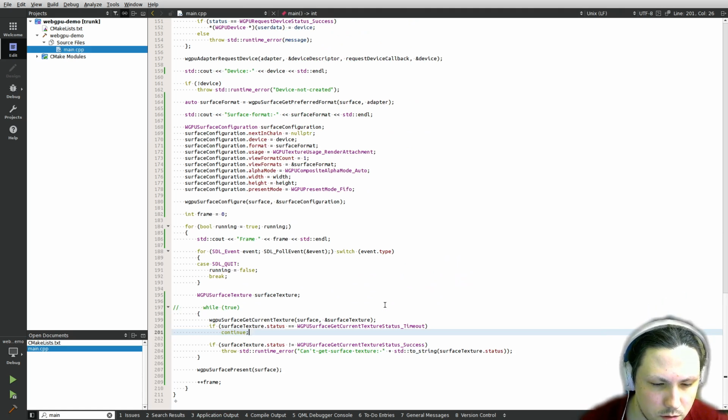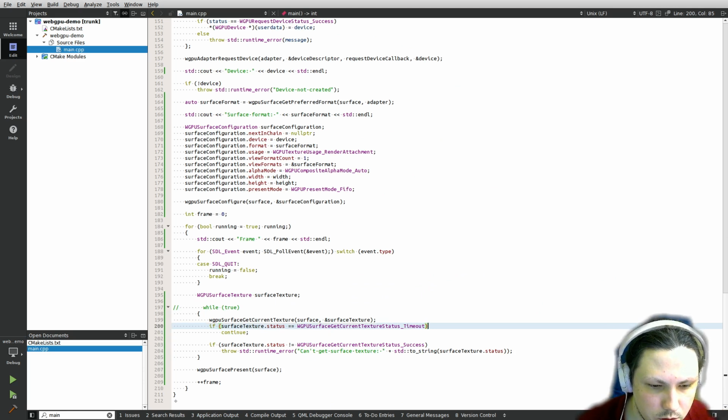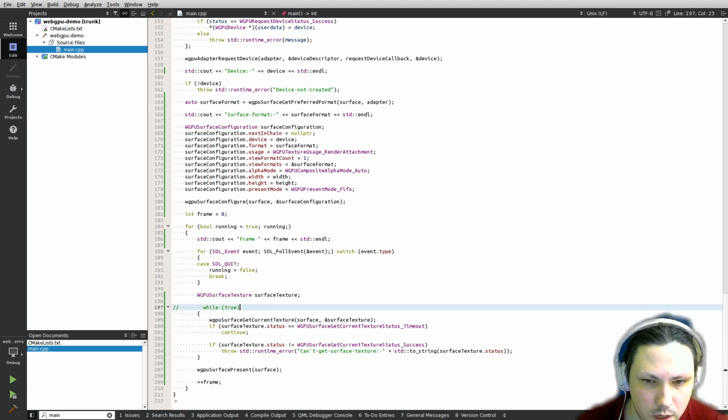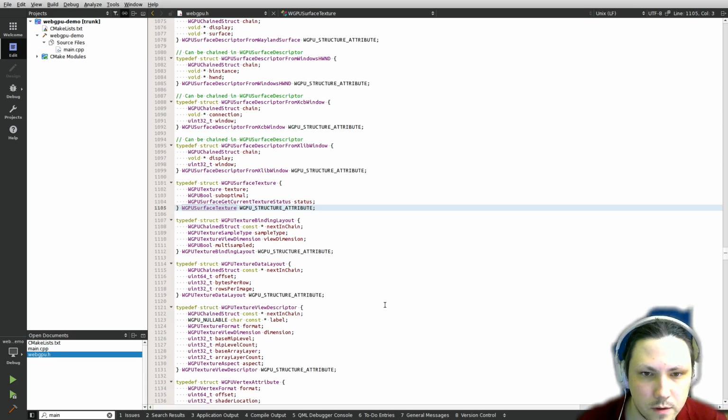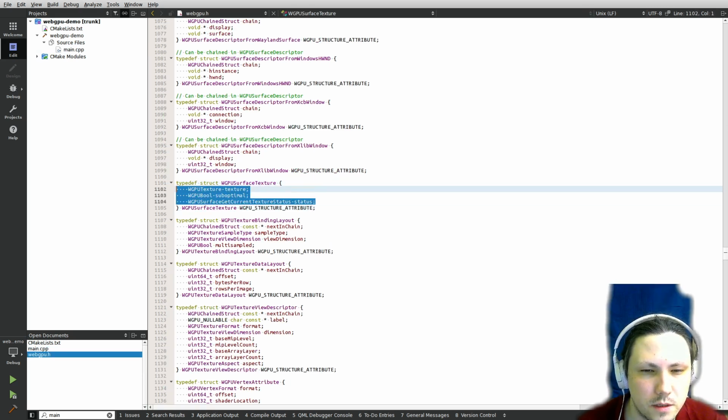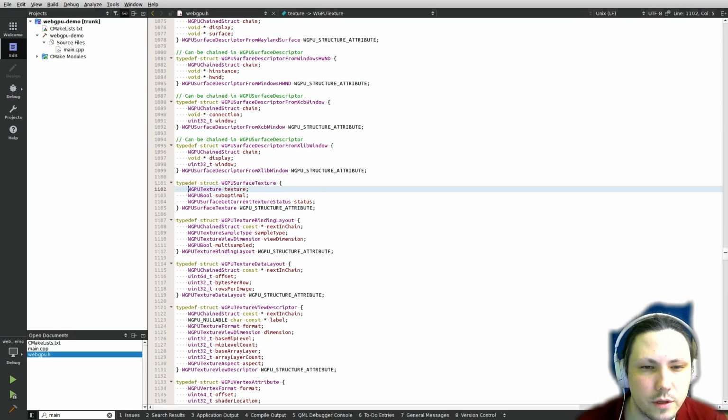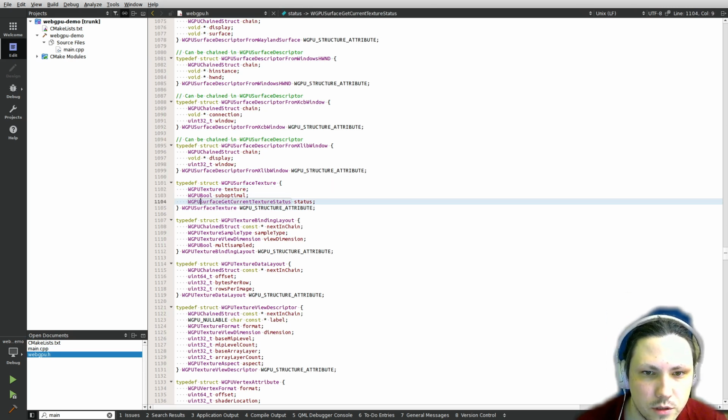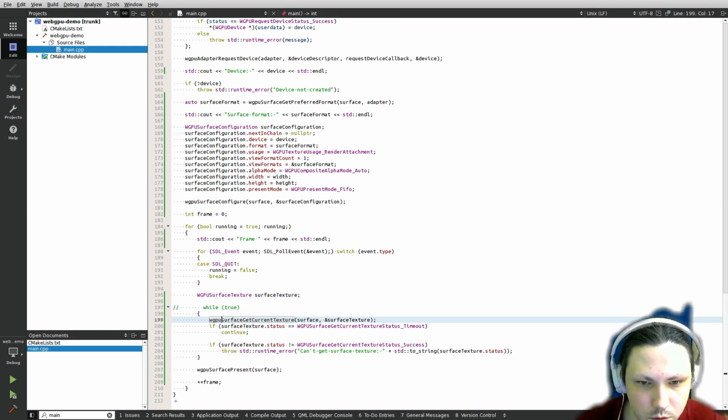So maybe present the surface, but not the surface texture. As I understand it, surface texture is not really a thing. It's just a bunch of stuff. It's really just the texture, and it doesn't have any methods really. So